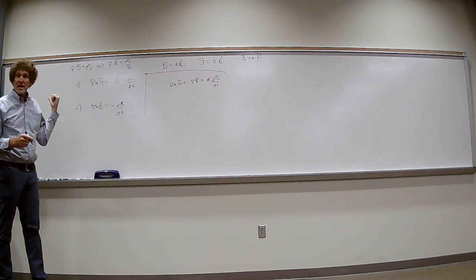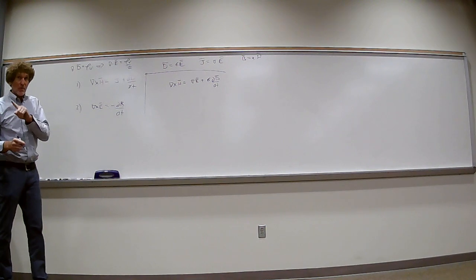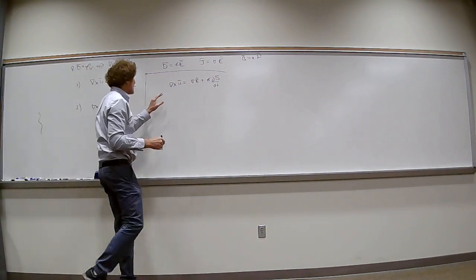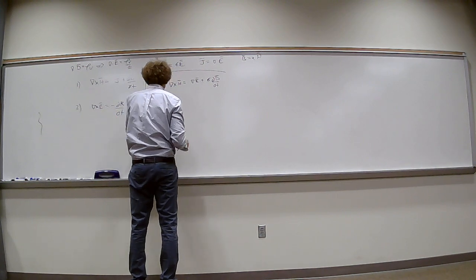Y'all with me, class? Just write this down. Try to appreciate the fact that I don't want to confuse anybody. I'm just telling you exactly what I'm doing and the fundamental reason why we're going to get one equation with only one unknown. Now, at this point, I'm going to take this equation and replace B